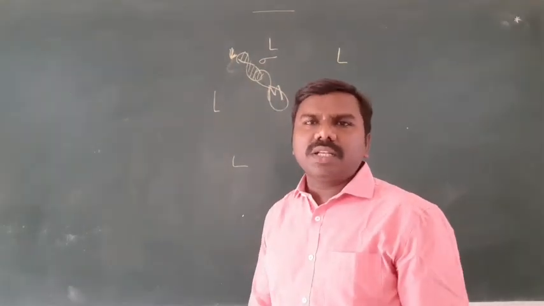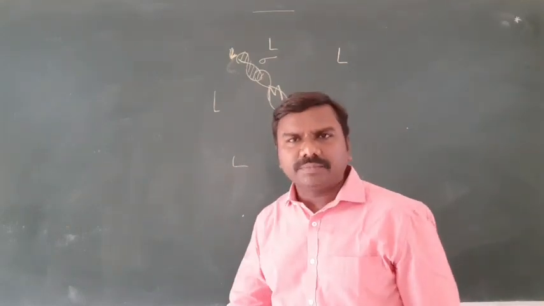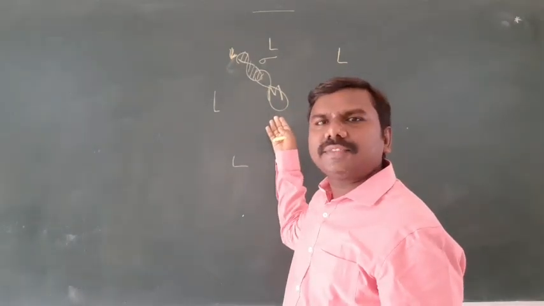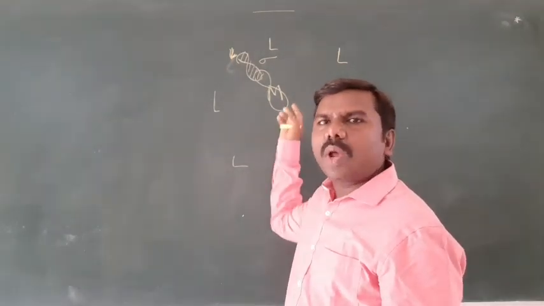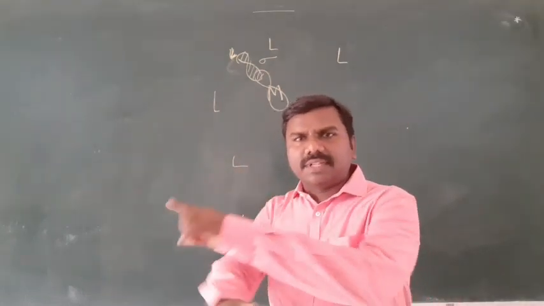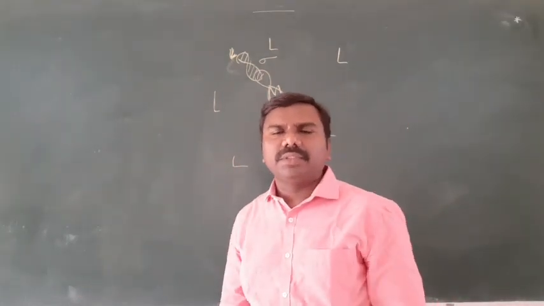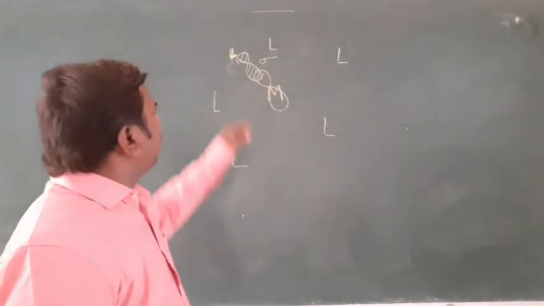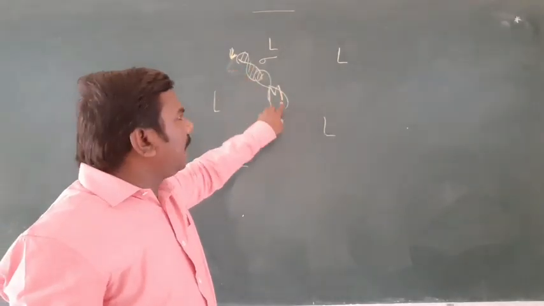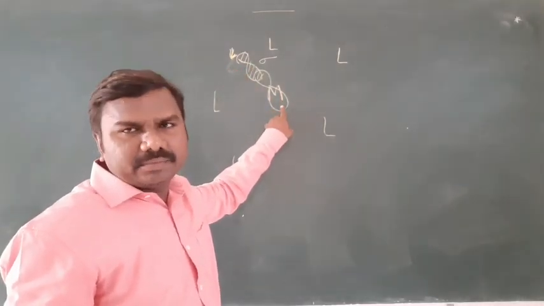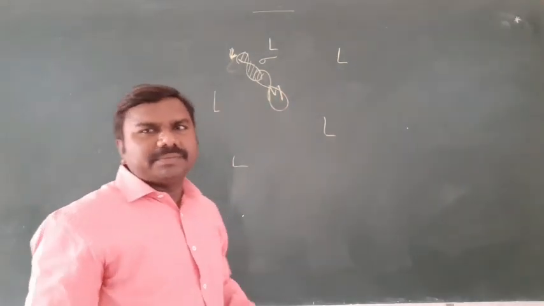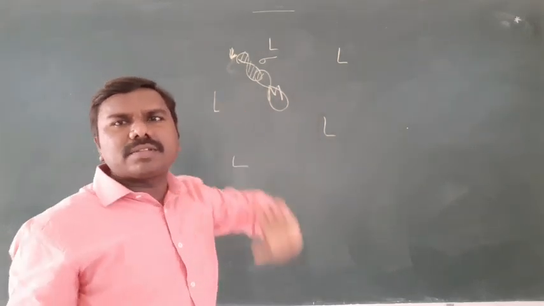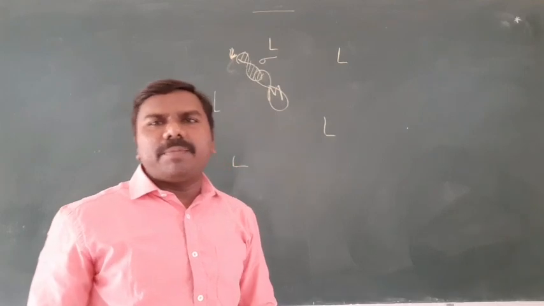Now a pi bond is formed between the ligand and central atom by the paired orbitals of the central metal atom overlapping with the empty orbital of the ligand, the reverse. A pi bond will be formed. Sigma bond is formed by the overlapping of filled orbitals of the ligand and empty orbitals of the metal. And pi bond is formed by filled d orbitals of the metal with empty orbitals of the ligand. So we'll write point by point.